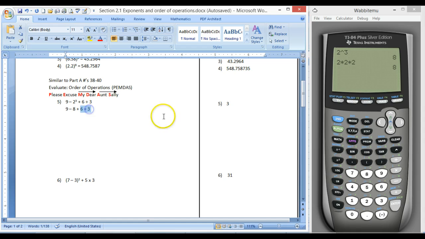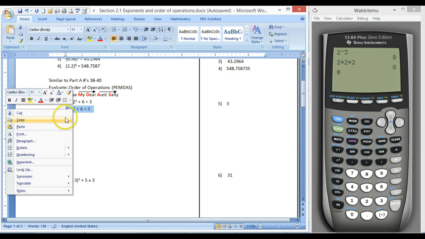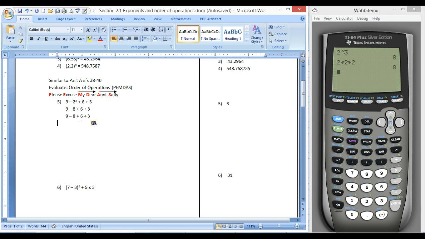So I'm going to be doing 6 divided by 3. And again, to show my steps, I'm going to copy this, Control V to paste it, and get up. There we go. Okay, and so what I'm doing is I'm going to replace this 6 divided by 3 with 2. That one we can easily do in our head, so I'm not going to go ahead and work on the calculator. And then, now that I've completed this step and I've gone all the way through from left to right with the multiplying and dividing,